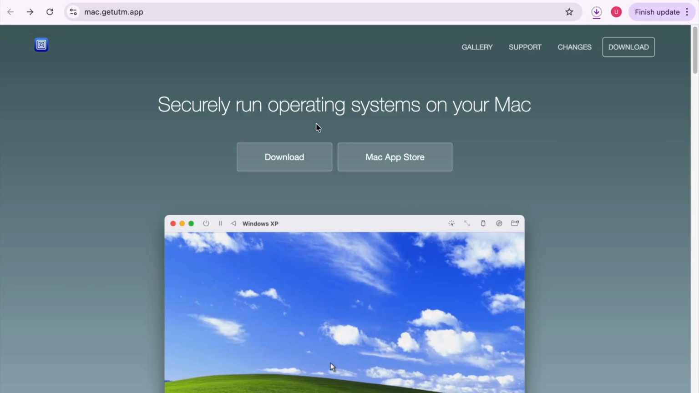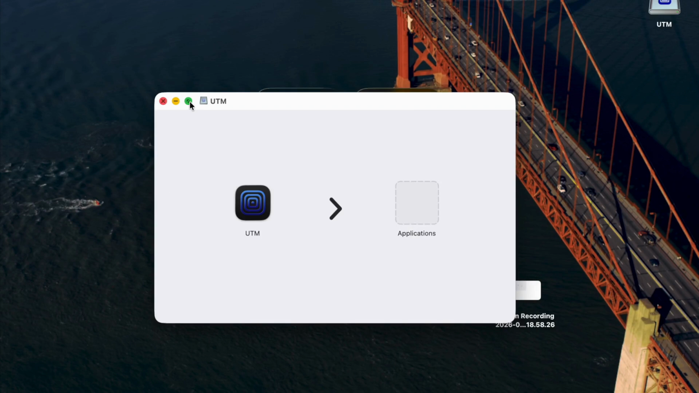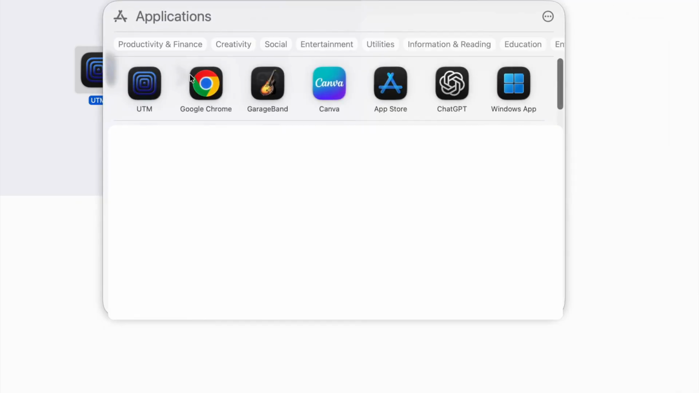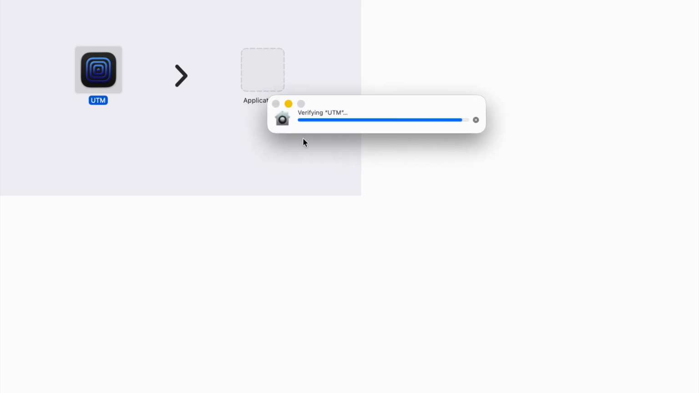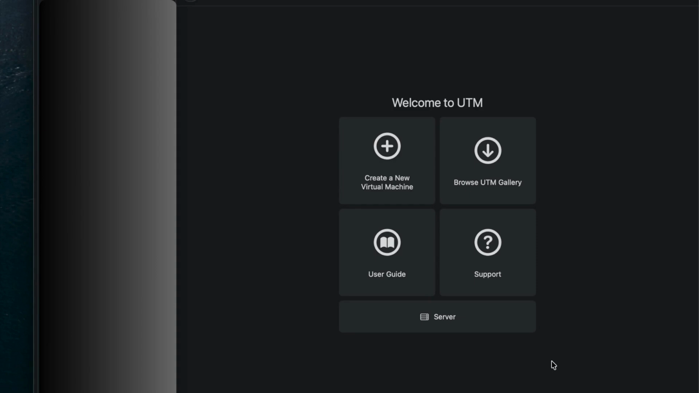Once the download is complete, you are going to install the UTM file like a normal app. Click the UTM file, drag the UTM file to Applications, go to where you have your apps, and double click the UTM file. Verify the UTM file. "UTM is an app downloaded from the internet. Are you sure you want to open it?" Yes. Now you have your UTM app